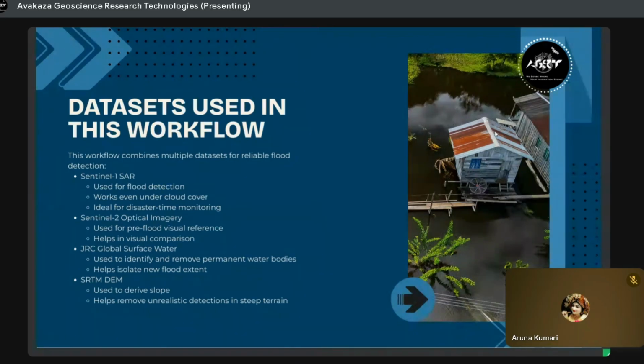This is an excellent example of how real world geospatial works combine multiple data sets, not just one data set. Okay. What we build today,